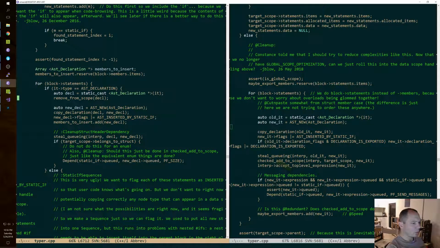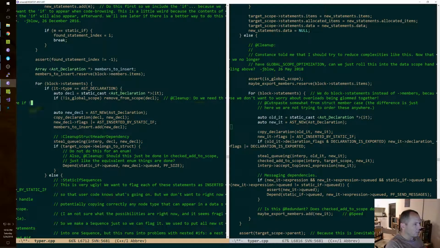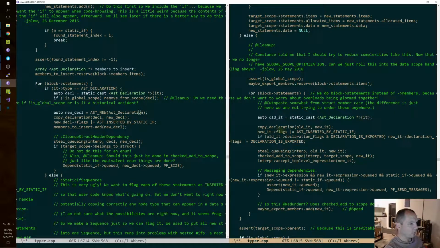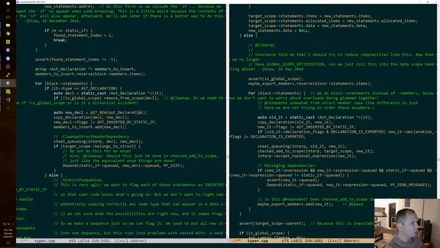Do we not call remove from scope on the old declaration? Okay. We get a new declaration. We copy the location or copy the thing.